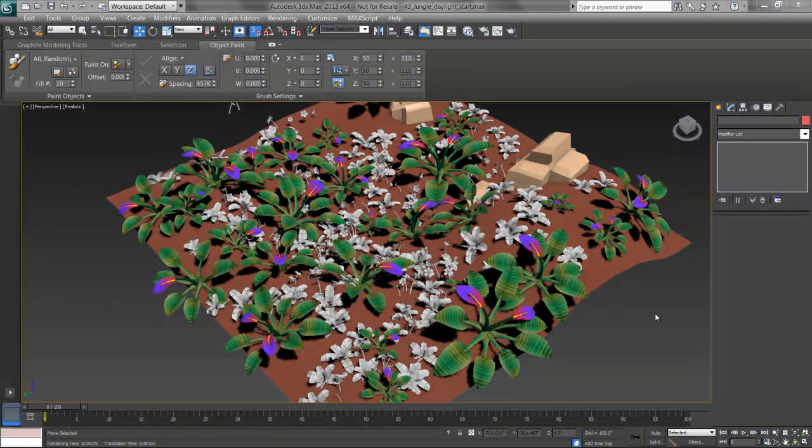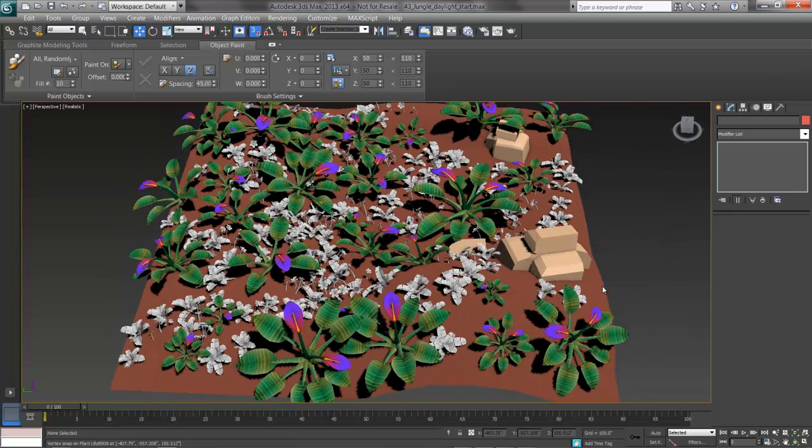In this video, I'll get some daylight going in my scene. You can continue with your Max scene from the previous lessons, or open up 43 Jungle Daylight Start. What we've got here then is our terrain, our rocks, and our plants painted around, and I'm showing the texture on the lilies here. I'm ready to get some daylight in, and to do this I'll go onto the Create